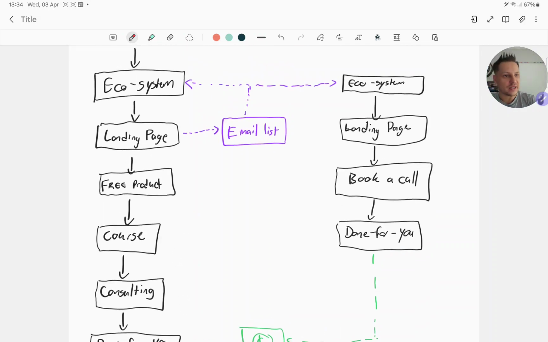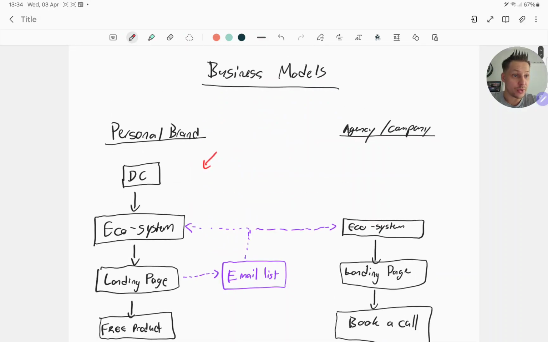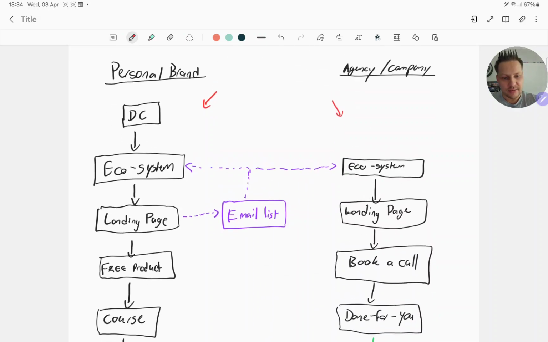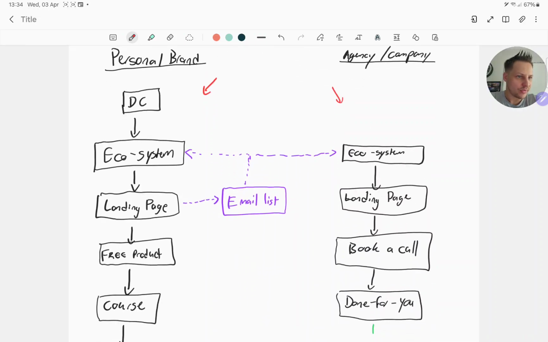And then you've done this enough, and what you want to do is create makeup, and now you go and find a chemist and you create your own range of makeup, and now you create pages for that makeup and you send people over here, and instead of them booking, they'll come to a landing page, or your Shopify store, and you're not going to book a call for them or have a done for you service over there, right? It's going to have a company structure. What you're going to do is sell your products.